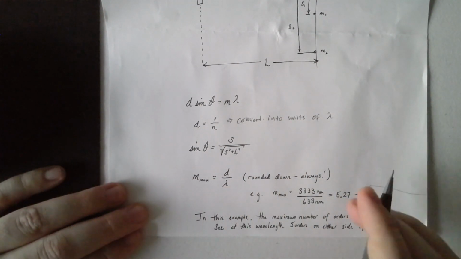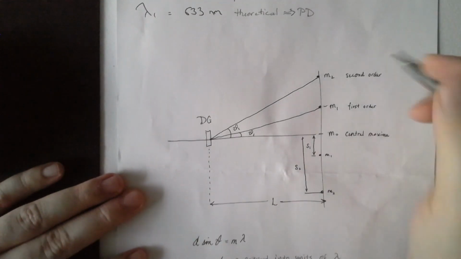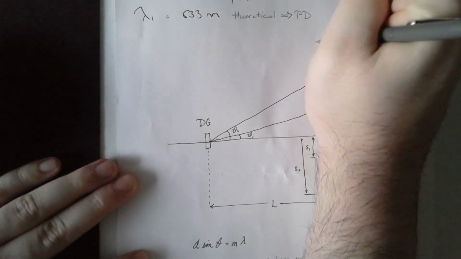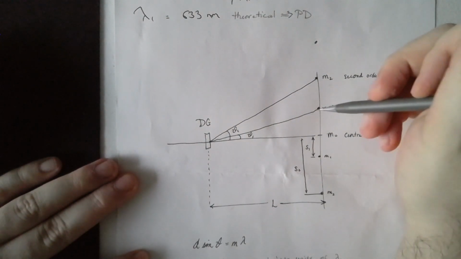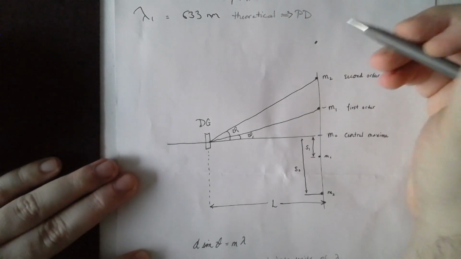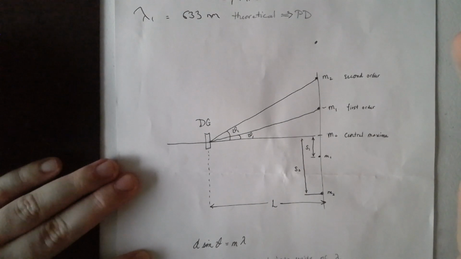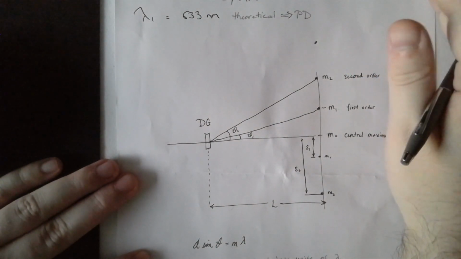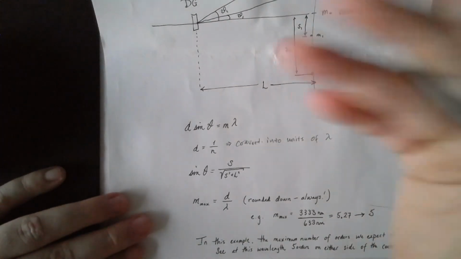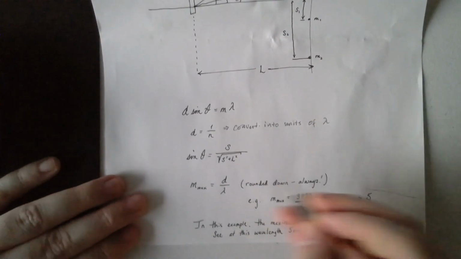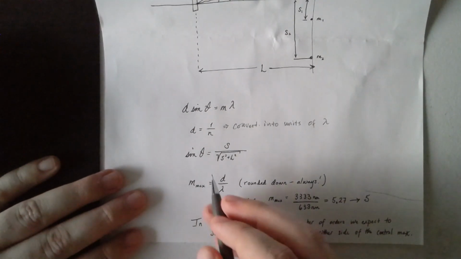So say if there's a third one clear up here, and that's the last one that I show in the video, you would count 1, 2, 3, and that would be the maximum order that you can see for that particular wavelength of light with this particular diffraction grating. So that's how you will determine it experimentally,